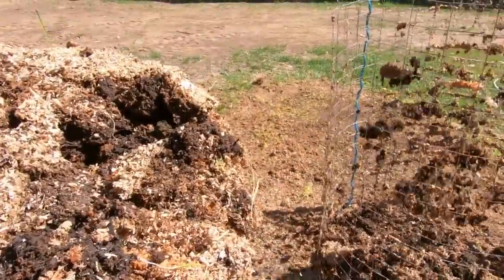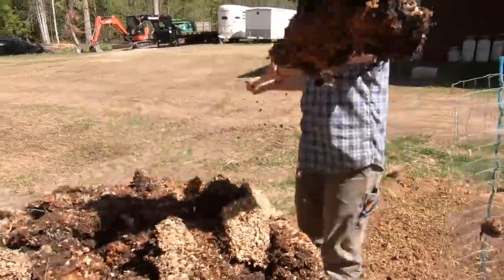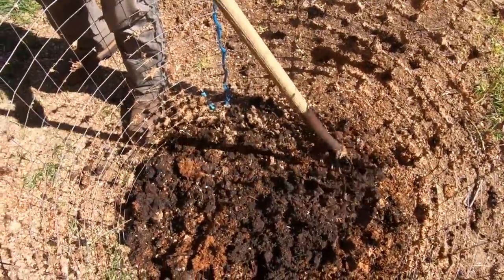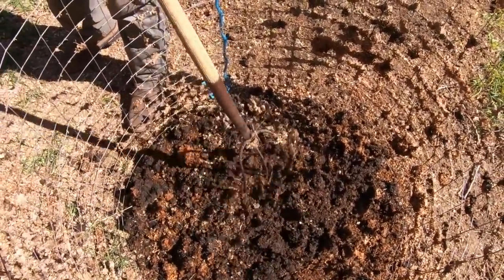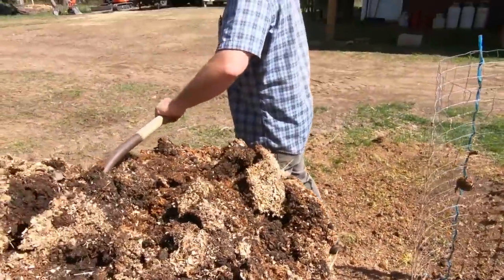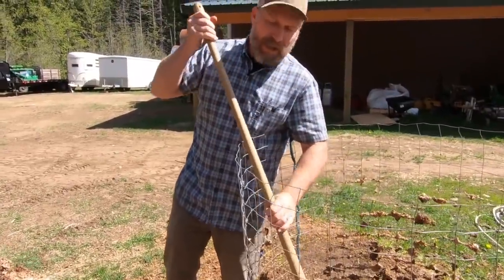If it's clumping, then you want to break it up a little bit. The reason it starts to clump is it just settles and gets a little heavy and starts sticking together, and that starts limiting oxygen flow. If you remember in the last video, I was telling you we want our compost piles to be aerobic,